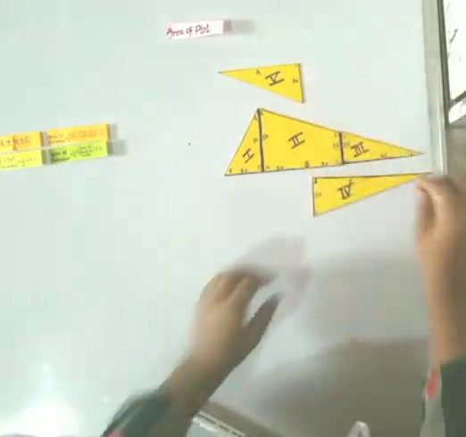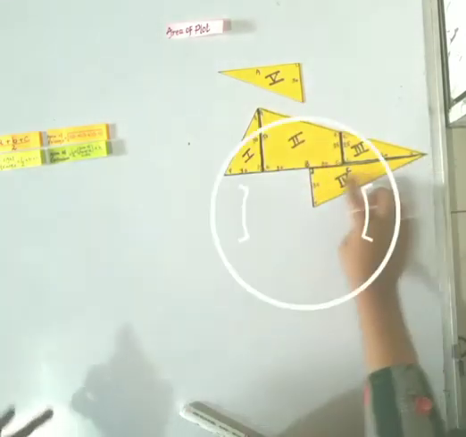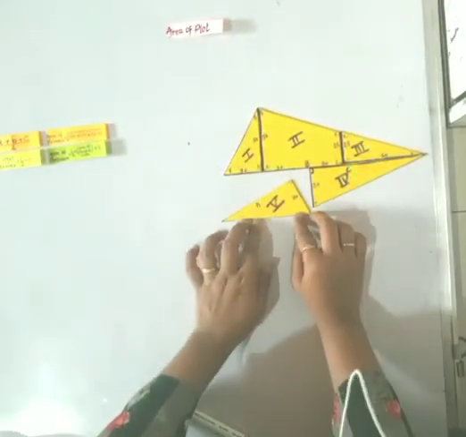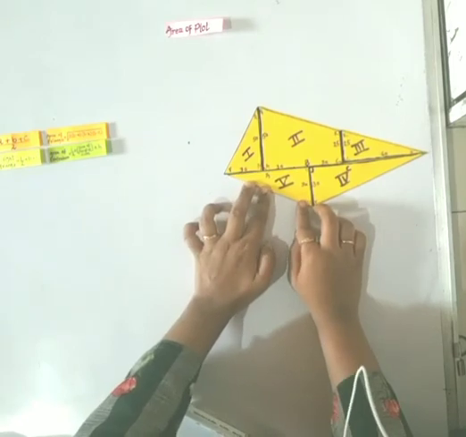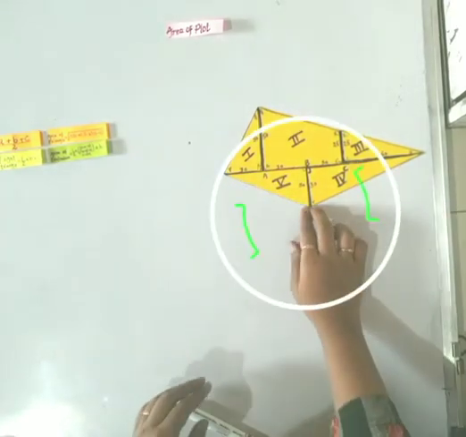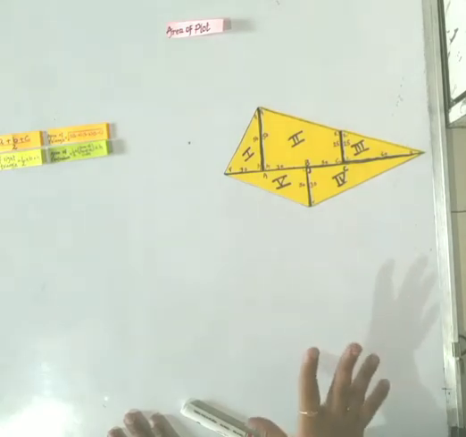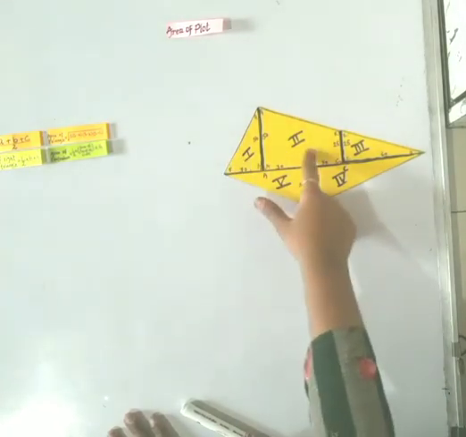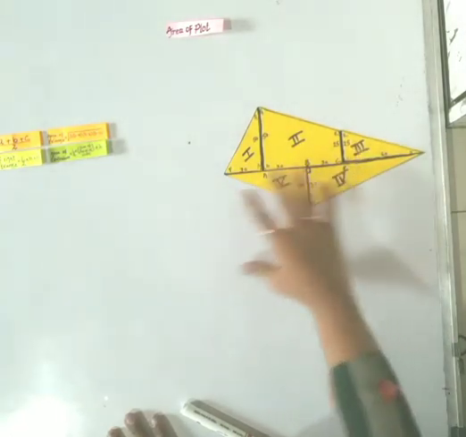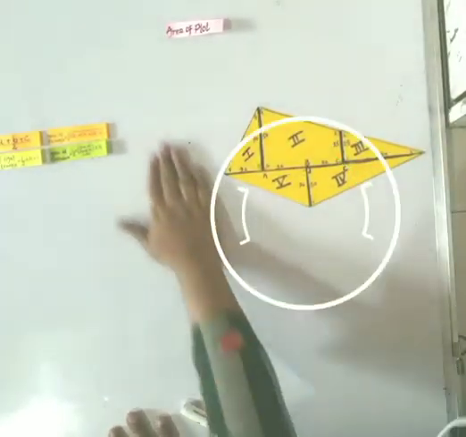Then this is the fourth part, which is again a triangular shape, right angle triangle. And the fifth part, if you will see, this is again of triangular shape. So I have divided this plot into 5 parts: triangular, trapezium, triangular, triangular, triangular. So I'll find the area of each part and then I'll add the area of all the parts so that I'll get the area of this whole plot.